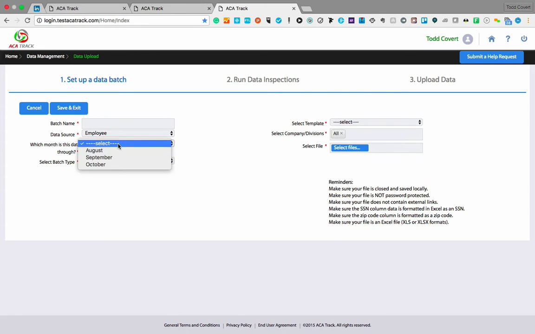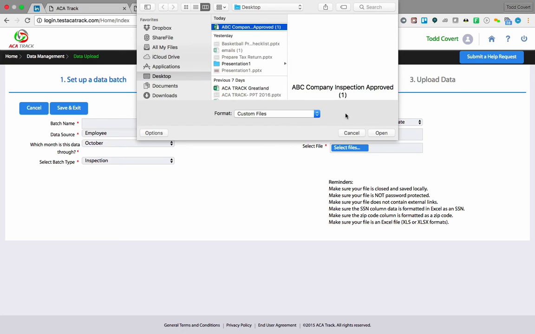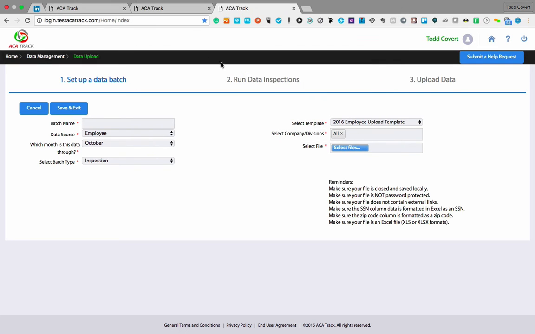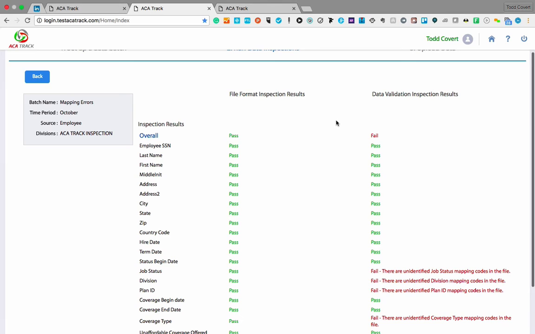It's an employee file, it's through October, it's an inspection batch, which is just a test batch. We're going to use our employee template, and then we can select our file. After I select our file on our local PC, ABC company, etc., and then we can upload it. Once we upload it, within about 3 to 4 minutes, we're going to get back a summary of first the